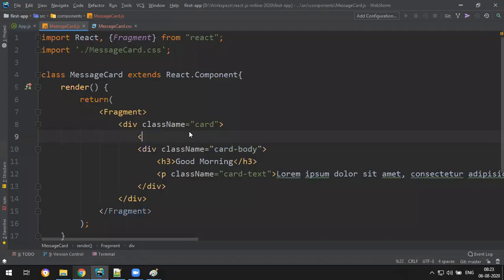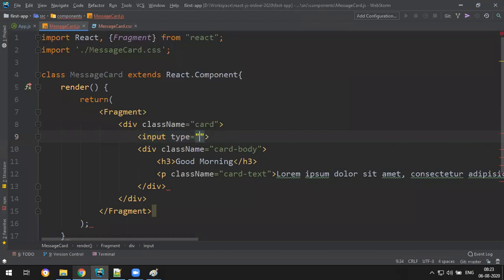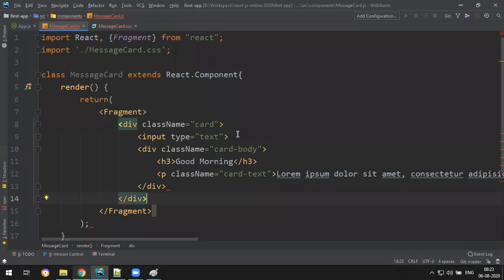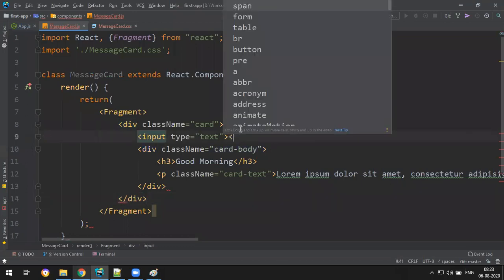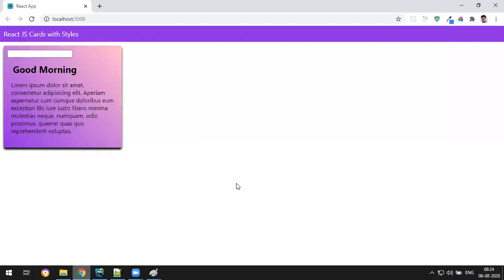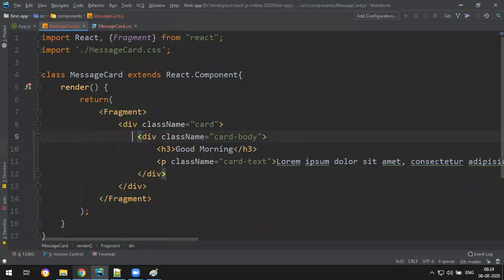Even if you write some input tag, generally an input tag also never has a close tag, right? We never close like this. We just say type is equal to text, something like that. You get the error. Input type equal to text. Okay, you got the error because there is no close tag for input. Generally in HTML also there is no close tag like slash input. So we just have a slash, and it will be like this. Now you got it. So every tag will have a close tag, and className will be there instead of class.